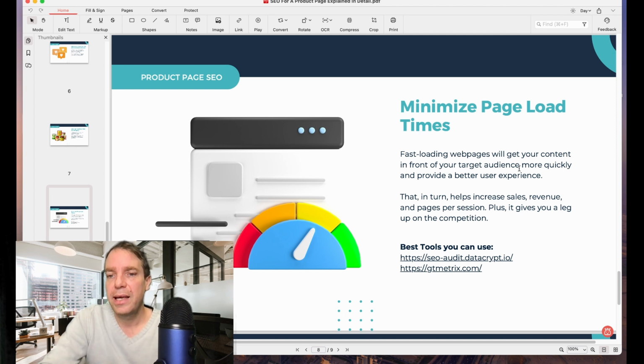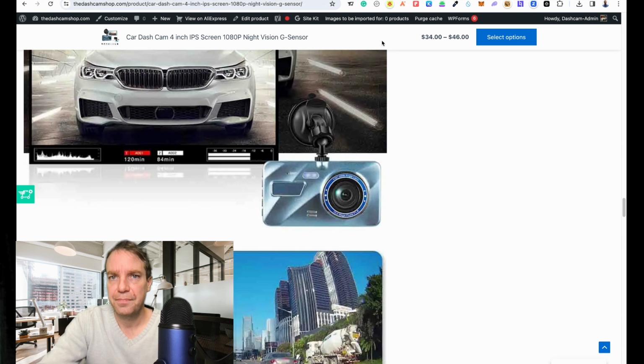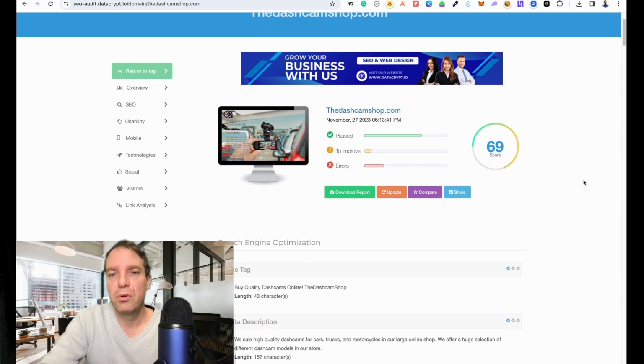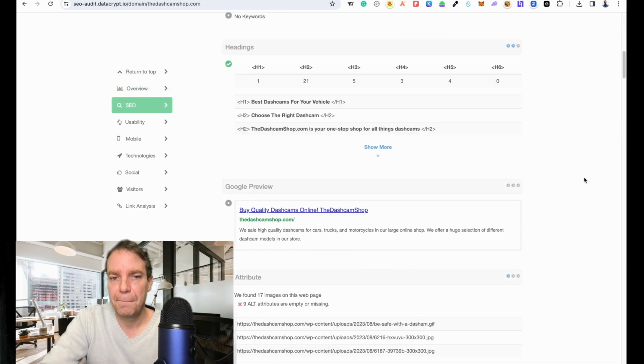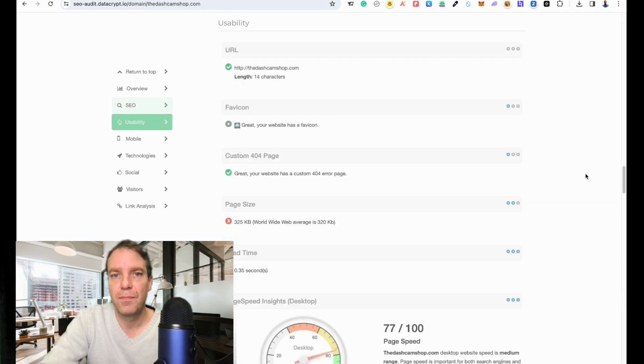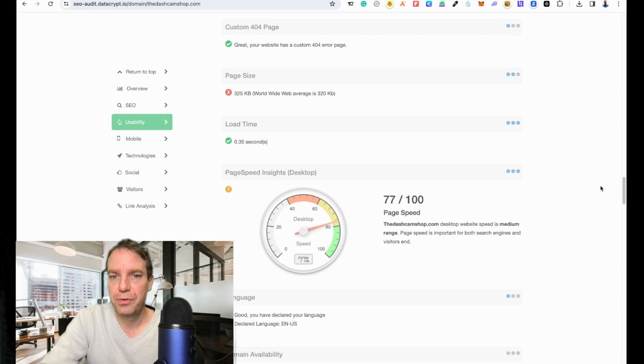And here I included some really good tools. So this is my own tool, SEO Audit. And let me show you. Here you can see this is my tool. I will put the link to this tool in the video description. Down below you can see exactly how fast or slow your website is, and how to improve your loading speed. You can see in my case, my website is not the fastest,